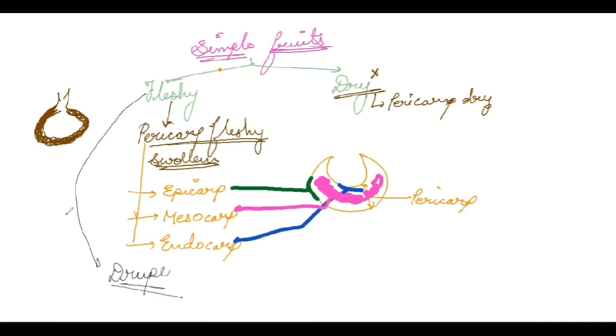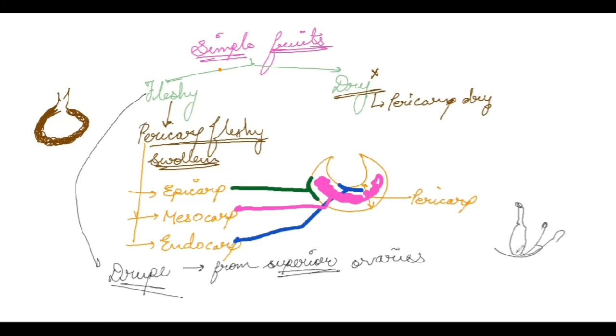And what are the characteristics of the drupe fruits? Drupe fruits are formed from superior ovaries. Remember what are superior ovaries? The thalamus is there, the ovary is present, and this ovary is formed above all the parts. Then we call it a superior ovary, and these drupe fruits are formed from superior ovaries. The endocarp in drupe fruits is stony. Stony endocarp.